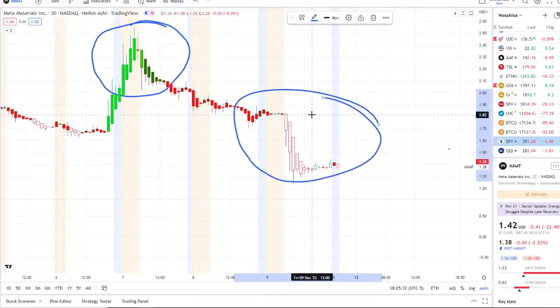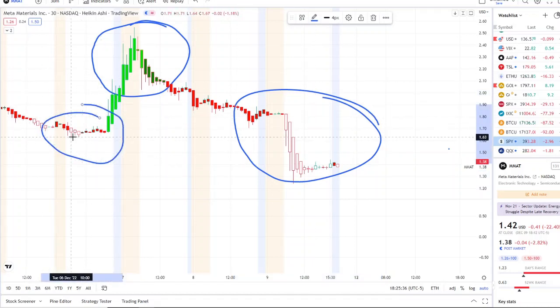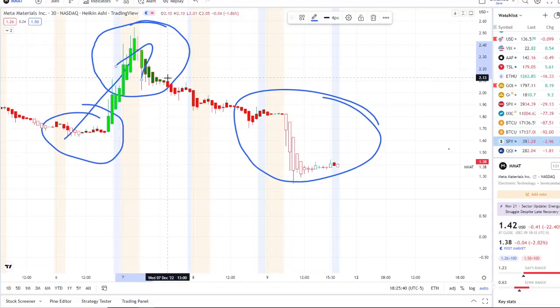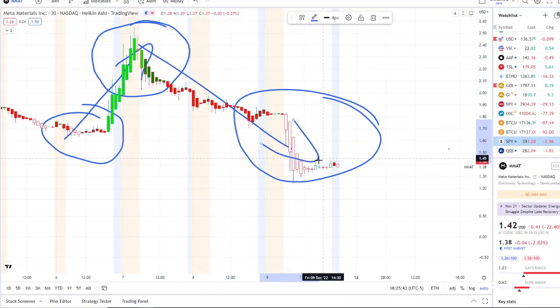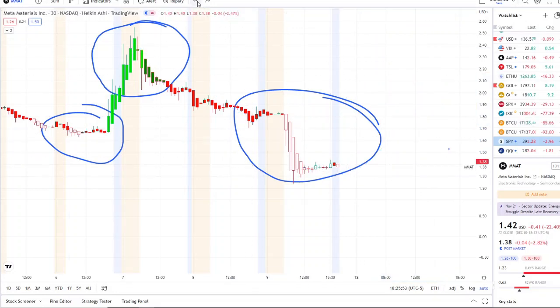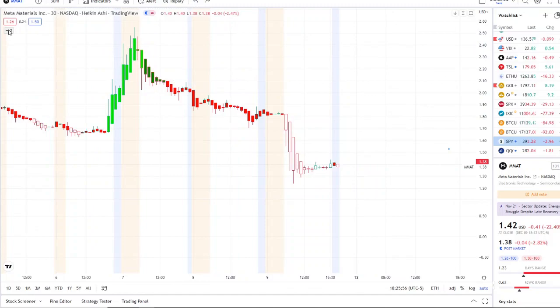And if it's your first time coming across the channel, 42 vision allows us to see the dips, like it did here on December 6th, all the way up towards the rips, which is bright green bars, and then from the rips back down to the dip areas. And usually around this area, it is critical to watch if there's a possible bounce back up or if it's going to go even lower. And we also use our bull and bear indicators in inflow versus outflow as an extra layer of confirmation,